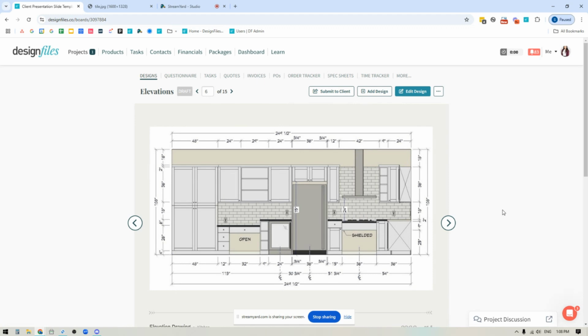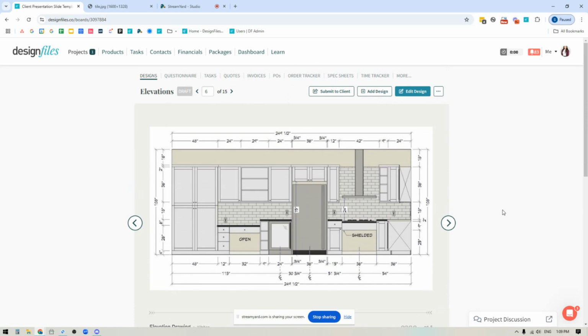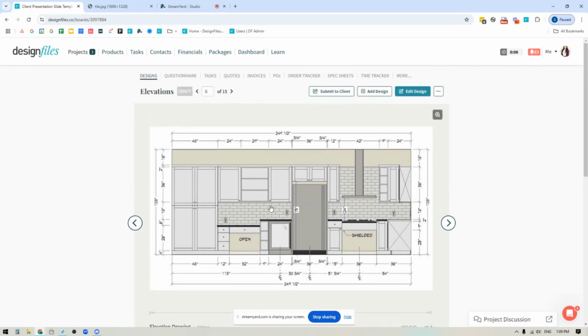Now, other slides that you might want to include within your client presentation. So if you are going to be providing elevation drawings, it's really quick and easy to just copy and paste an elevation drawing into a branded mood board template, just like this. So you might choose to have a branded footer, and then you can just copy and paste those images for